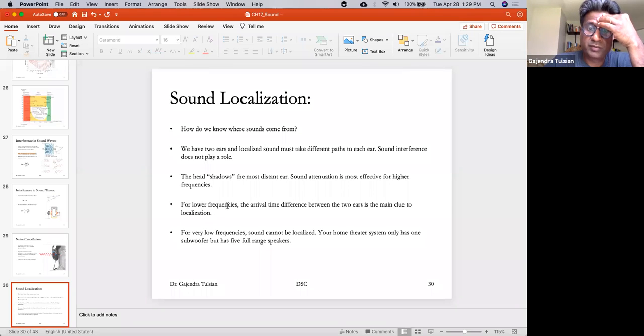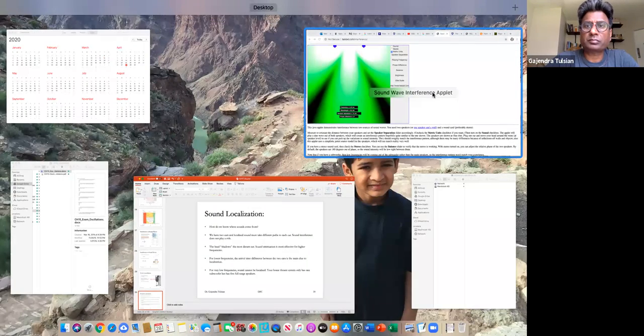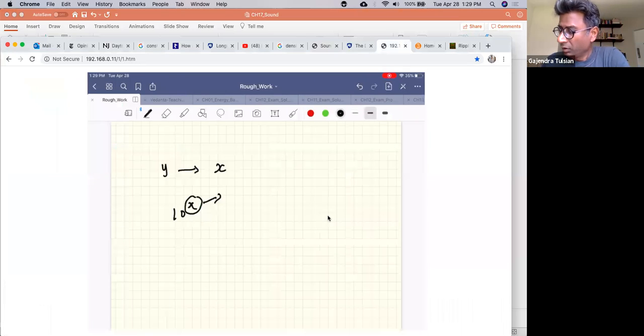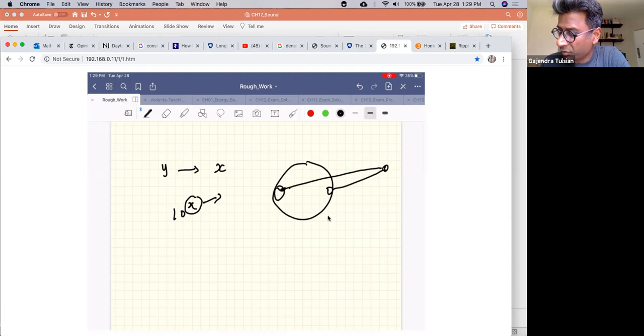For lower frequencies, the arrival time difference between the two ears is the main clue to localization. So for higher frequencies, this is your right ear, left ear, a sound wave. For higher frequencies, this intensity is lower, and so that's how you tell. And for lower frequencies,